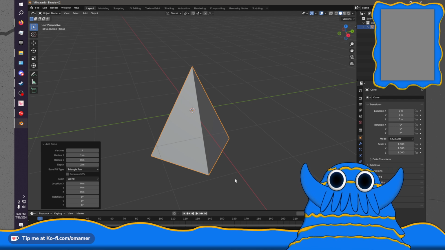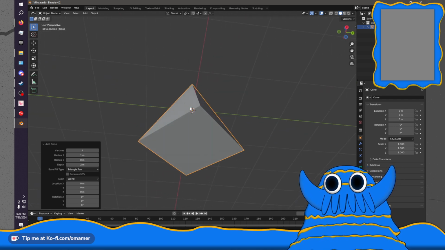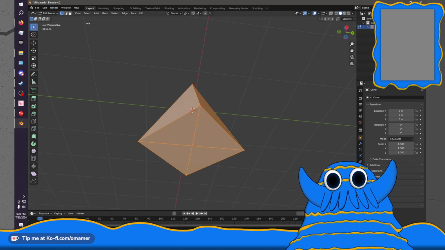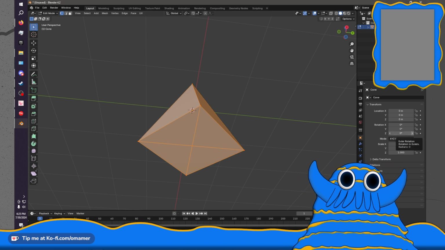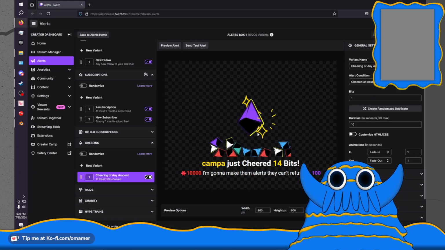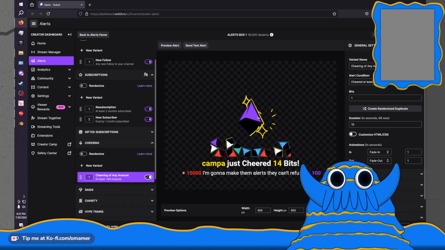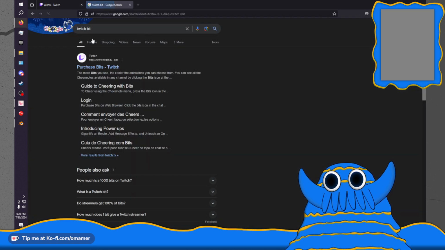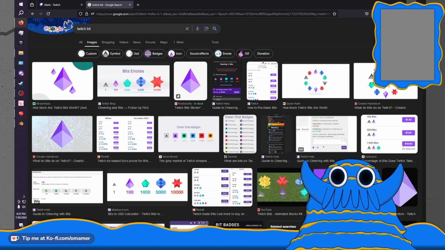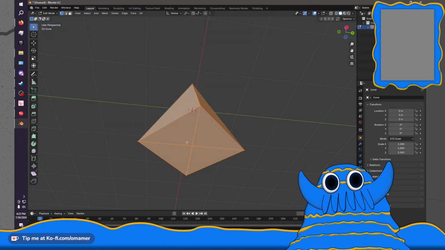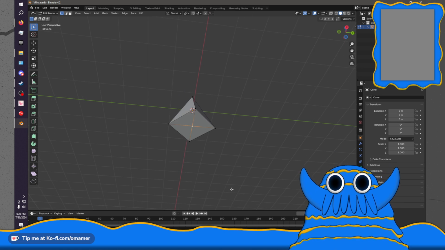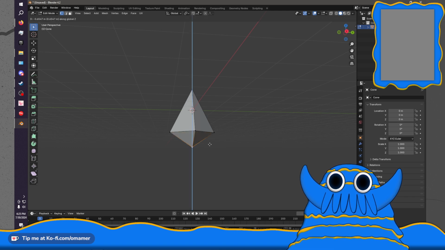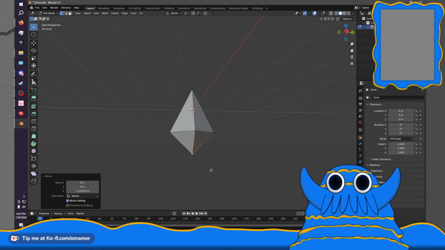Let's say triangle fan. Is that? Yes, okay, that gives me exactly what I was wanting to do before, I think. Yeah, that's right. Okay. So what we're going to do is select just this point, and I'm going to drag it down to about like that.